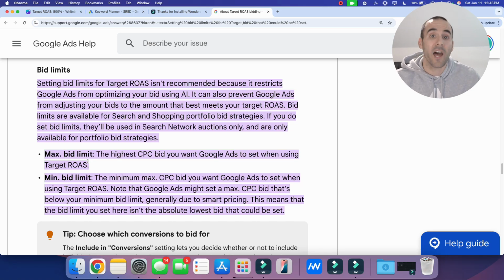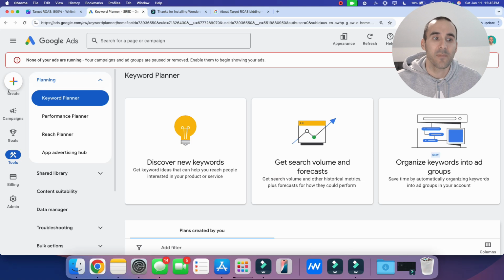And so this is not an option that's available to you if you just click the create campaign button and you set your automated bid strategy and you launch your campaign. So this is something that has to be done in another setting. And so let me hop into Google Ads and let me share with you exactly where you can create a